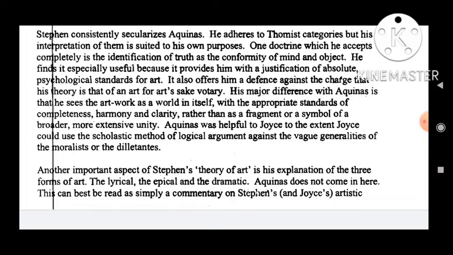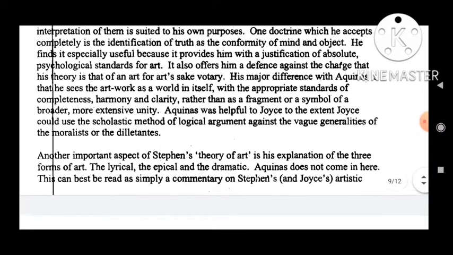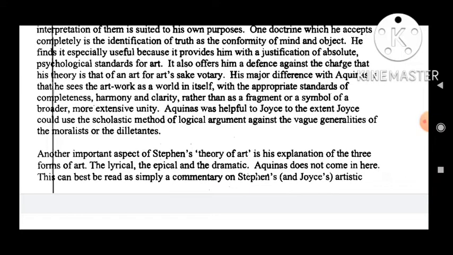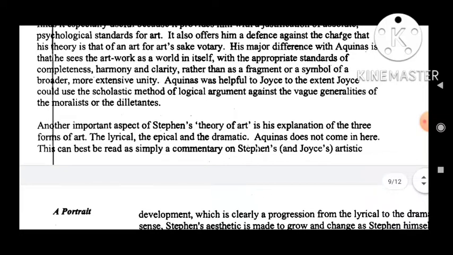It also offers him a defense against the charge that his theory is that of an art for art's sake votary. Okay, so it also offers him a defense against the charge that his theory is that of an art for art's sake votary. His major difference with Aquinas is that he sees the artwork as a world in itself